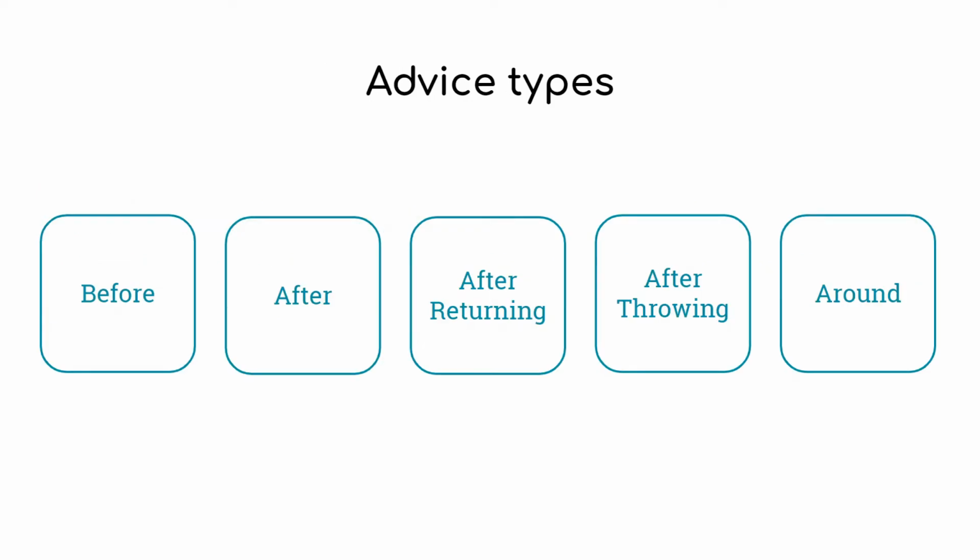We have seen an advice is the action which we take at any join point. We have seen there are 5 types of advices. So when we are actually applying the advice, advices are categorized into 5 different categories. So these names are self-explanatory. The first one is before, and then we have after, and then after returning, after throwing, and around. We are going to talk about all of